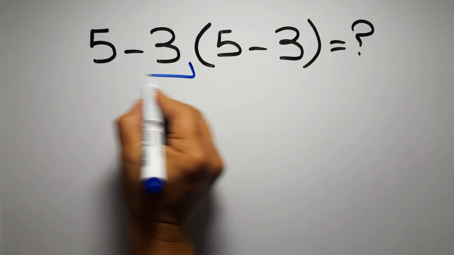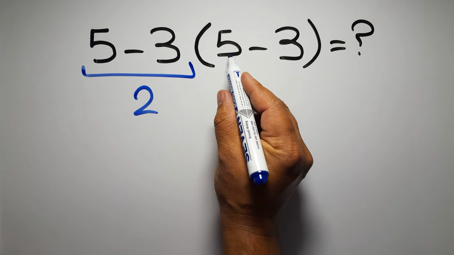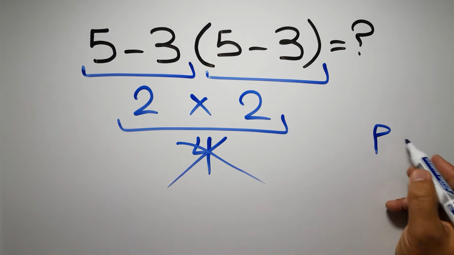5 minus 3 equals 2. And again here inside this parenthesis we have 5 minus 3. Okay, so 2 times 2 gives us 4. But this answer is not correct, because according to the order of operations, first we have to do parentheses, then